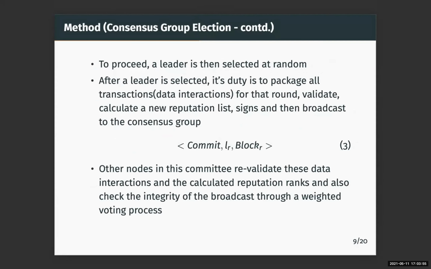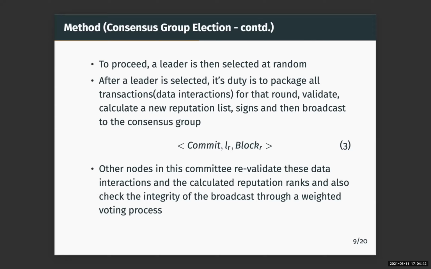To proceed, we take a leader from the group that has been selected in the previous step. The new leader is selected at random, and the reason we do that is so that we can introduce some probabilistic dimension into our approach to solving this challenge. Its duty is to take all the data interactions for a particular round and validate those interactions, that is, check the integrity. It calculates a new reputation list, signs it with its own secret key, and then broadcasts this data interaction package to the consensus